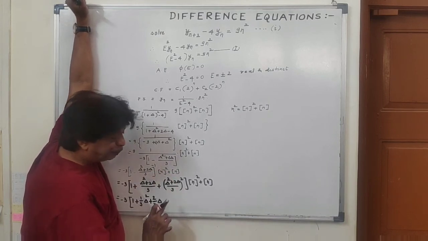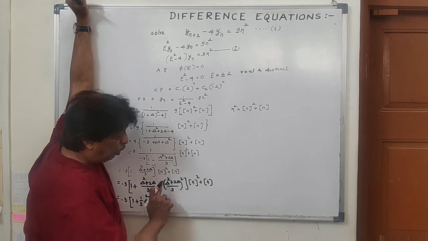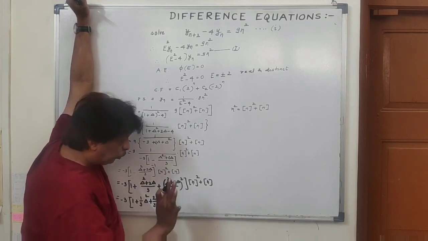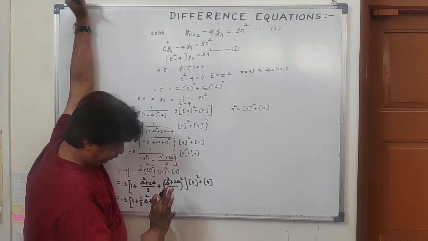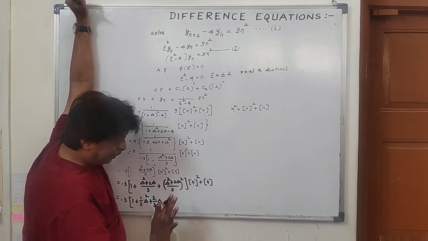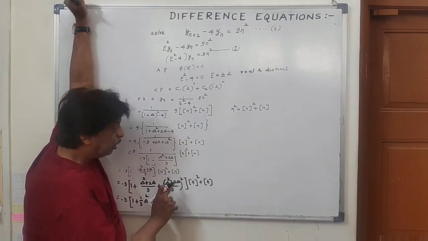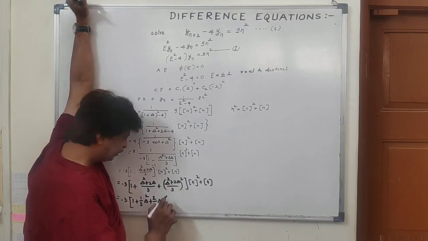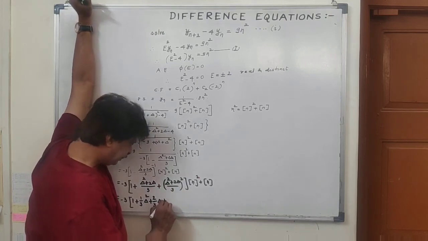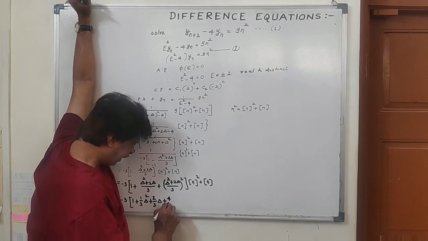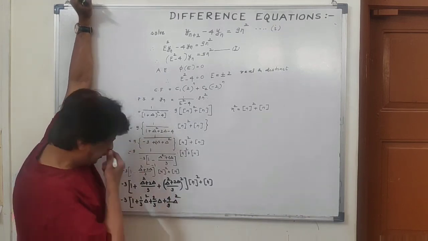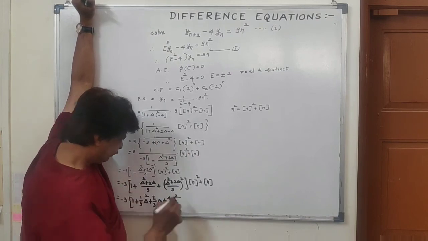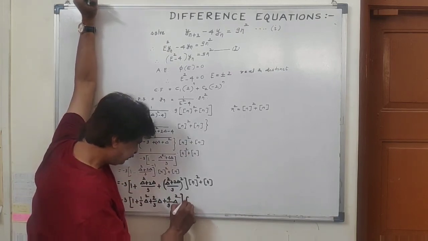Second term, 4 delta cube by 3, that we shall also neglect. The last term is 4 by 9 delta square, that we shall consider, plus 4 by 9 delta square, operating on